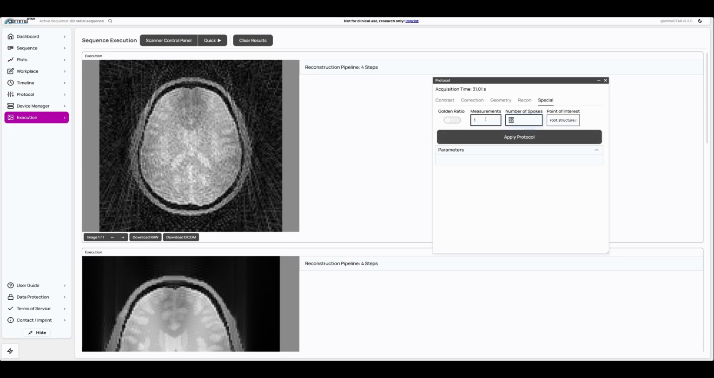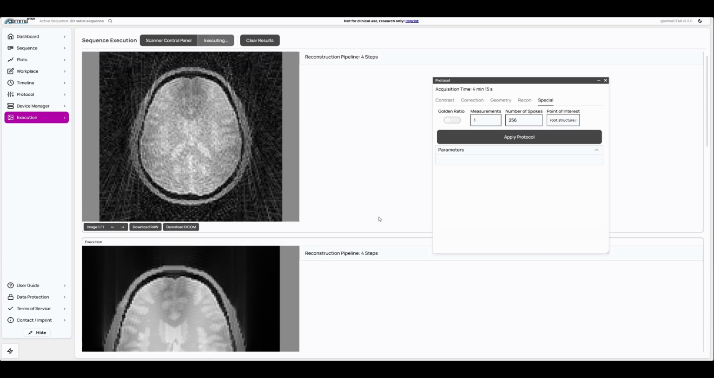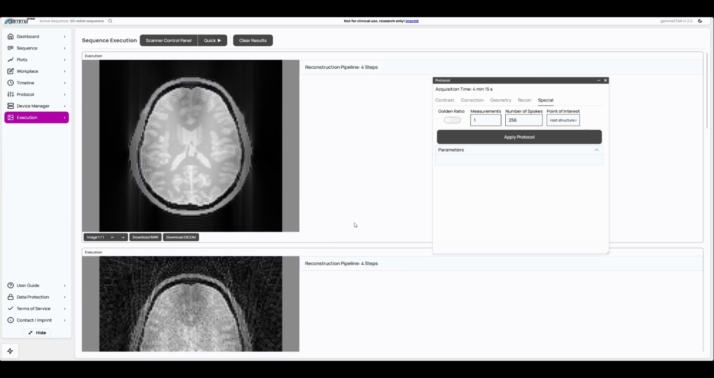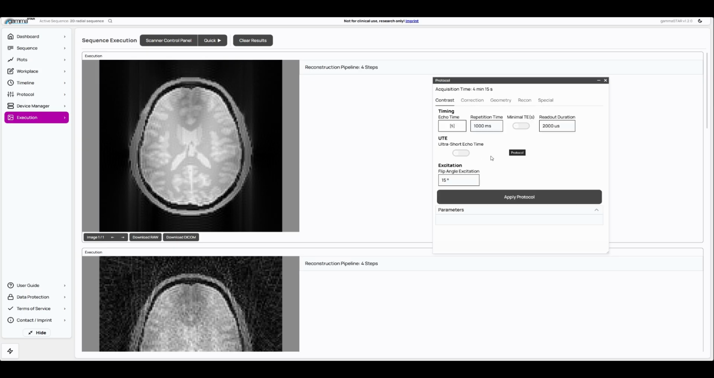Okay, so maybe set that back to 256 spokes. And as we've seen before, this basically gives us some quite nice proton density like contrast. And now you might wonder, how do I get, for example, T1 weighted contrast, which we were able to produce with the FLASH sequence? So as you know, a T1 weighted contrast requires us to have a short TR